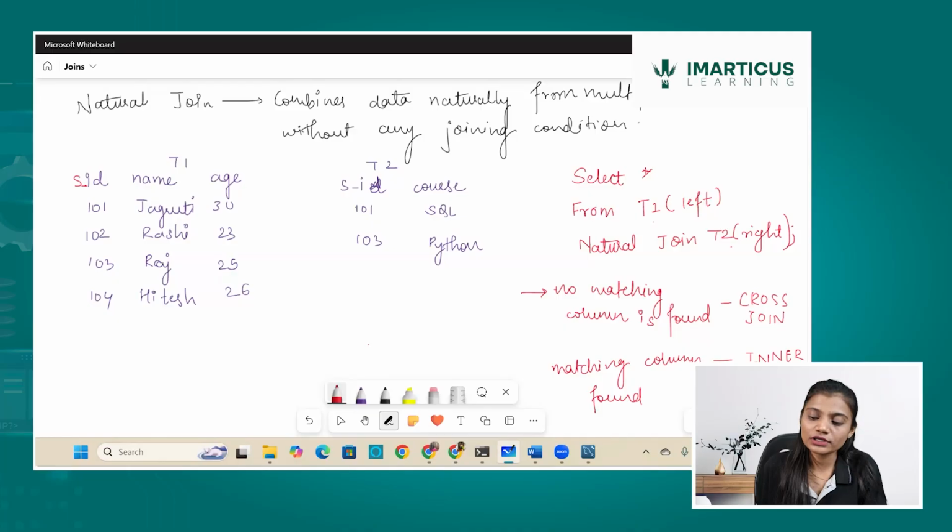So if the name of the column and the values in them are also matching, then it will perform an inner join. As you can see, student ID and student ID were matching. So it will go in this table: 101, 101, yes. 102 not there, 103 yes, and that will show a result set very similar to what? An inner join.